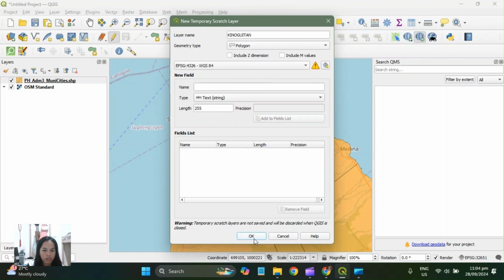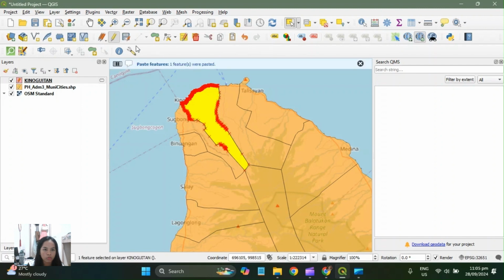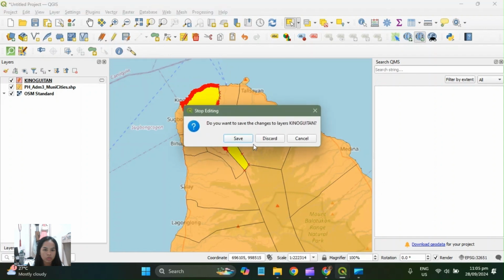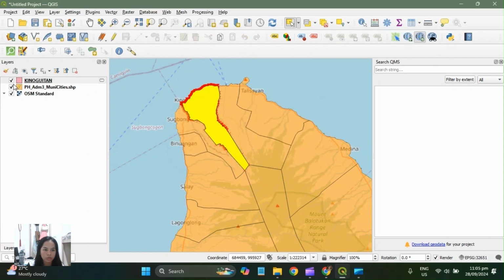That one, okay. After that, we will paste the features and then go back to toggle editing. Then this will show: do you want to save the changes to the layer? Yes, save. Let's select this.